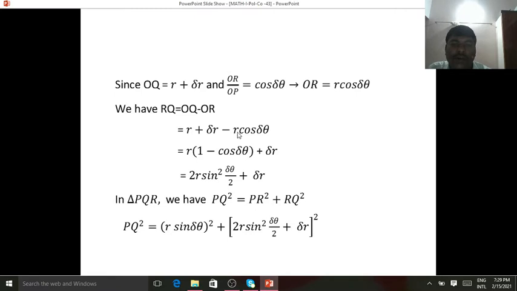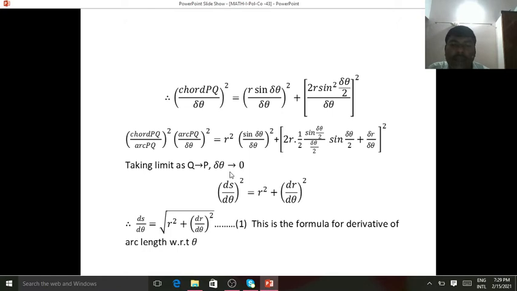Here r is common, take outside, so we get r(1 minus cos delta theta) plus delta r. By the half angle formula, 1 minus cos delta theta can be written as 2 sin square delta theta by 2,